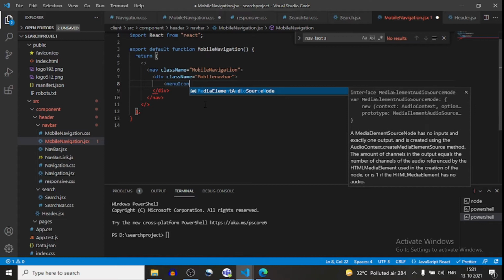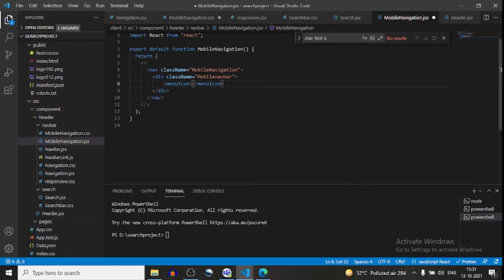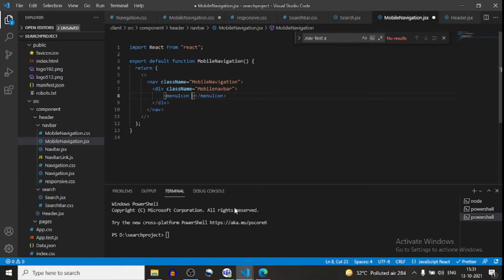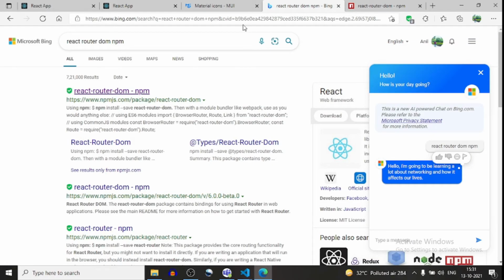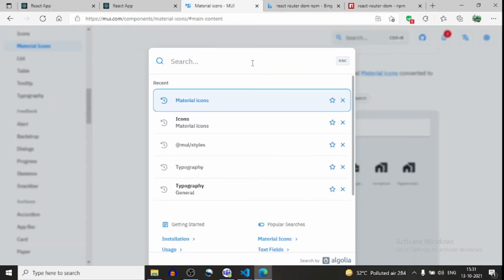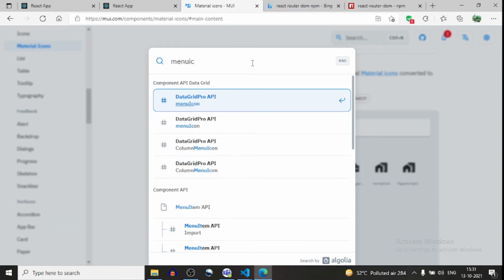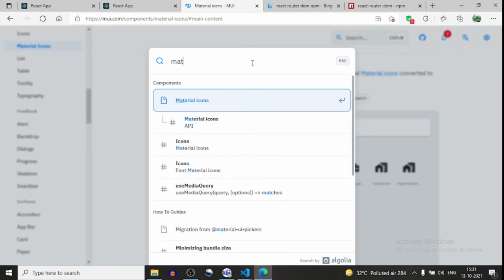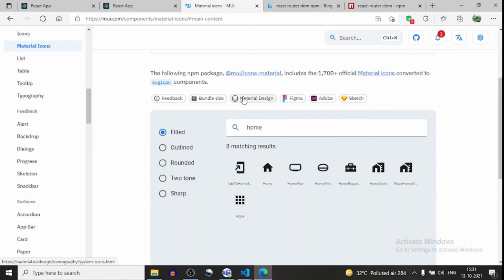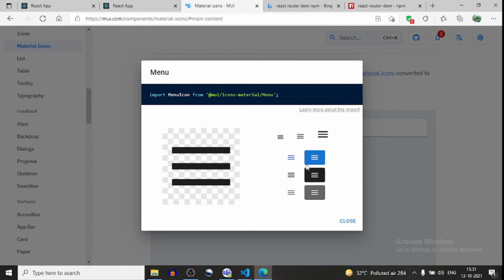This menu icon is not available. Where will we get this menu icon from? We will get it from Material UI icons. Go here and see menu icons. This menu icon I'm going to import in my project.